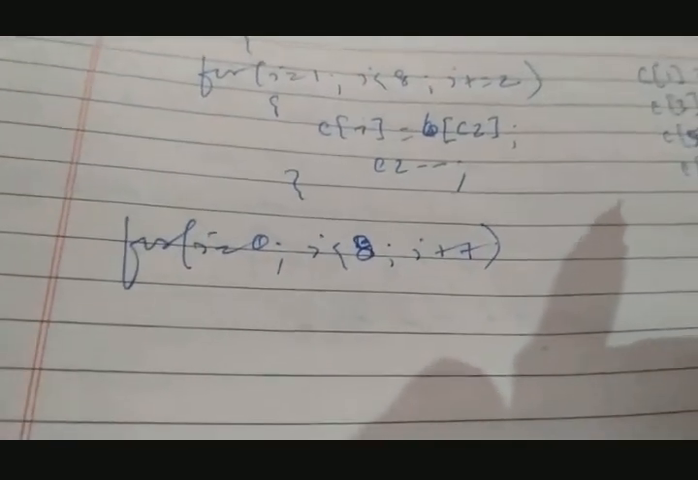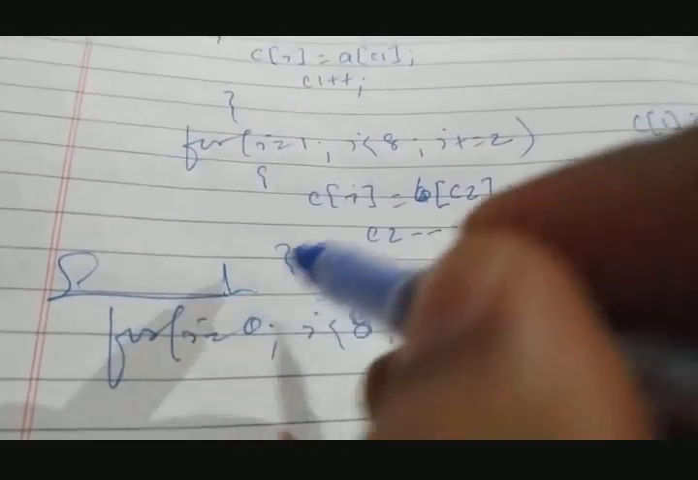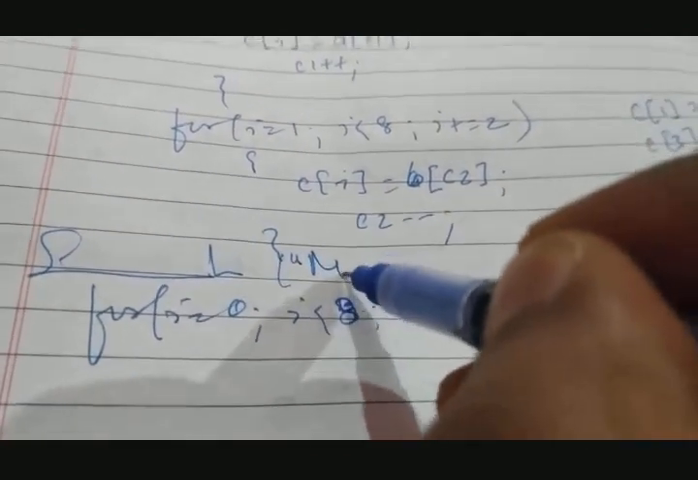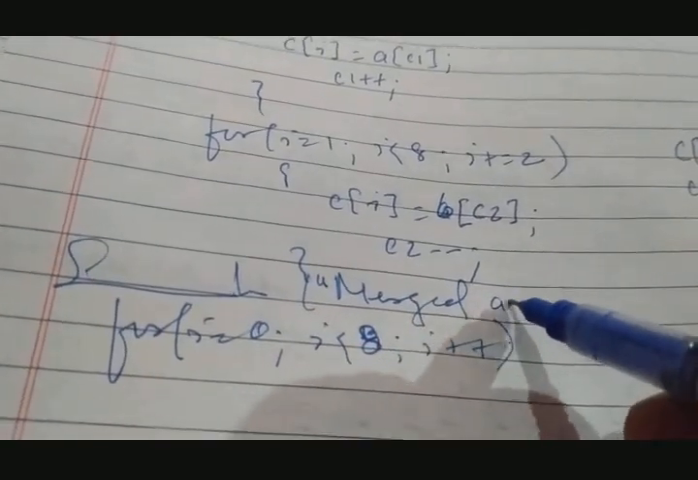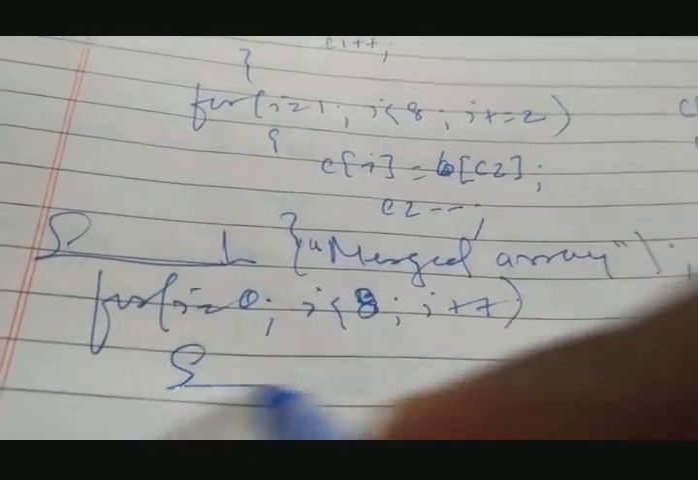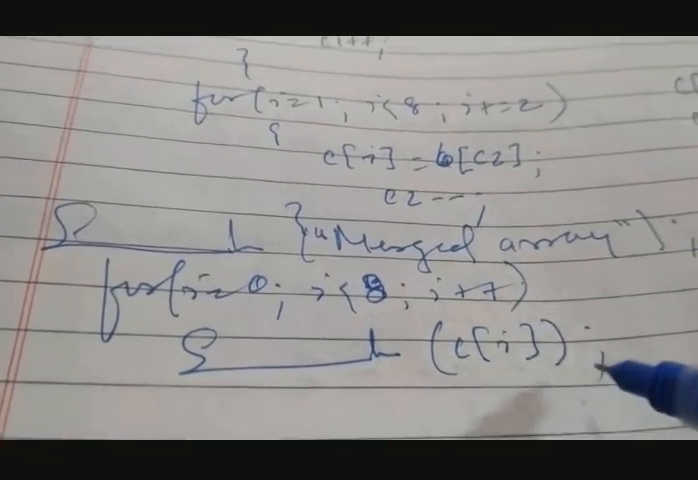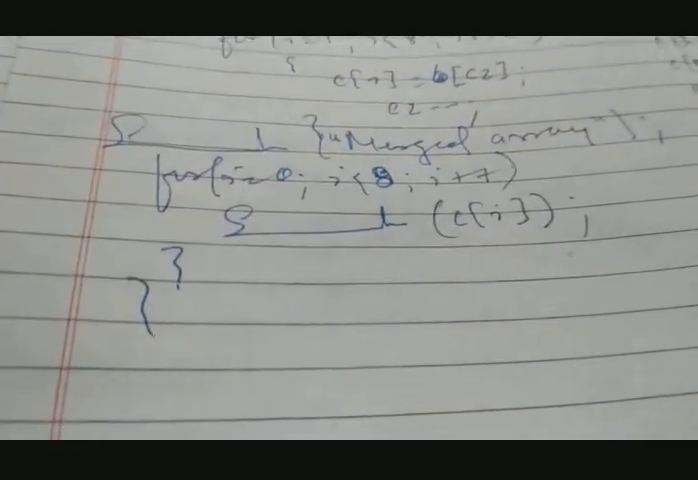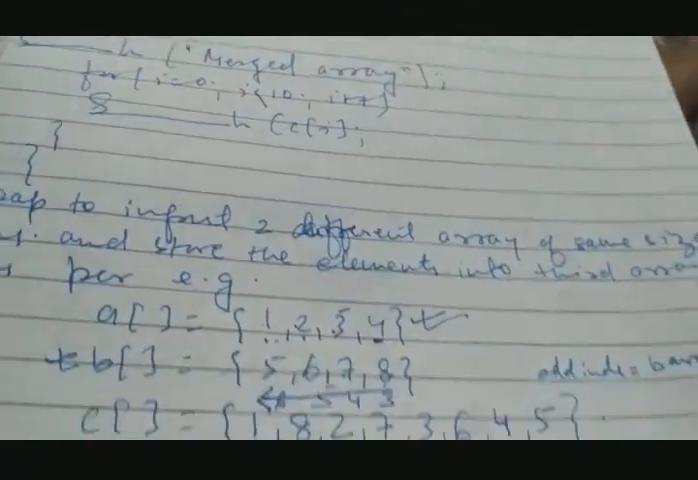फॉर I equals to 0, I less than 8, अब तो मर्ज्ड हो गया ना, तो यहाँ पे सुपलन मर्ज्ड एरे दे दो, C ऑफ आई, मेन क्लोज क्लास क्लोज। चेक करो एक बार।